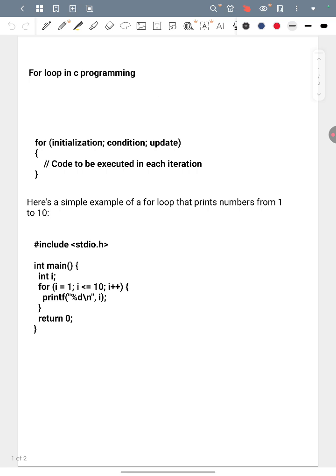For loop. In C programming, the for loop is used to repeat a statement or block of statements a specific number of times. Generally, it is used for repeating a statement or block of statements. Here, let's see the